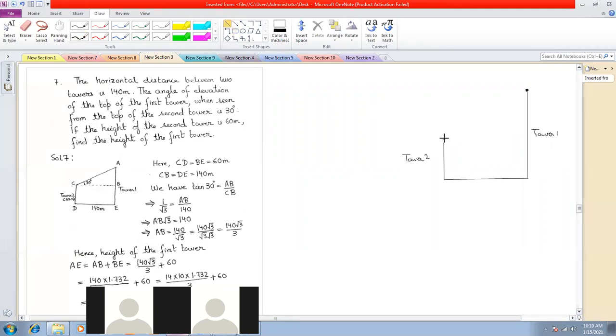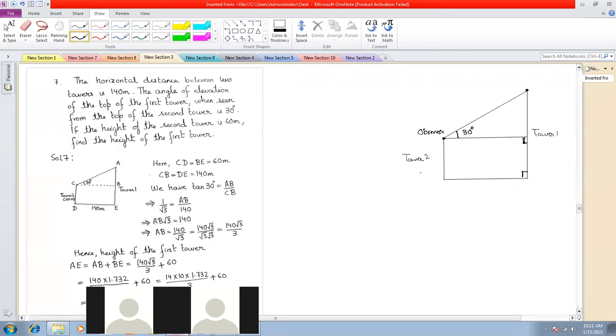So now what I do is I join this. Okay. And I also join this because it is my horizontal, because I need the angle of elevation. So that means this is the shortest distance. So this will be perpendicular. This will also be a 90-degree angle. Okay. So this becomes a rectangle actually. So when the observer is here, he is observing something on tower 1 and his angle of elevation is